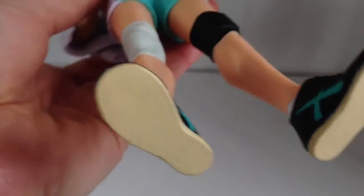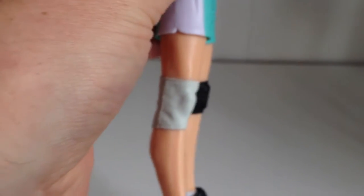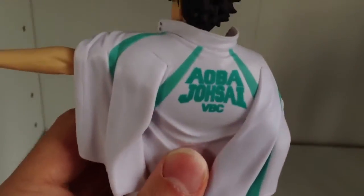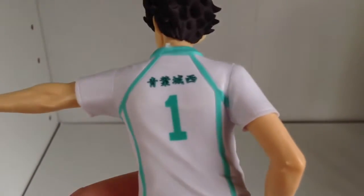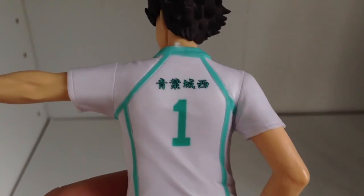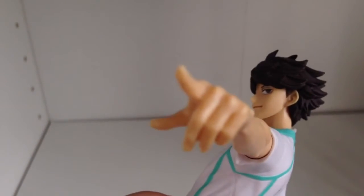And the shoes, now these shoes actually have nothing on the bottom of them. It's a bit odd, given that the other one did, but anyway. And again, you can just see they really got the mold of those legs with the calf muscles really well done. And if you just look around the back, so again, nice printing on the jacket, and it's very easy just to take that off, and you've got the Japanese printed which says Aoba Josai. And again, just really nice sculpting there of the muscle and the fingers,